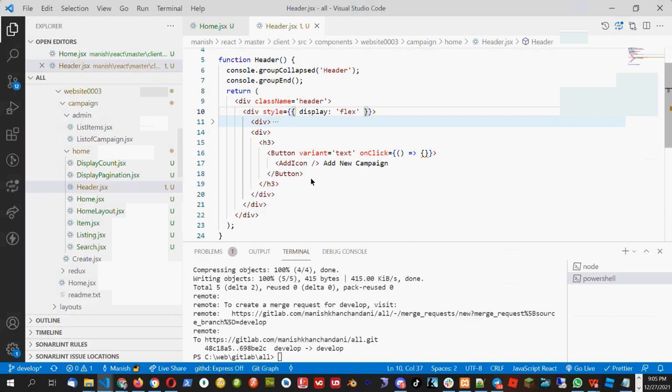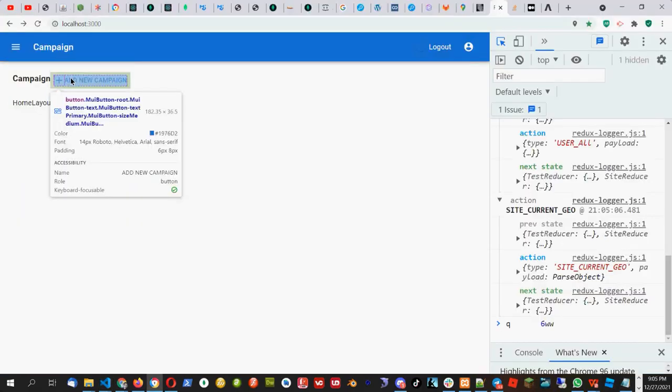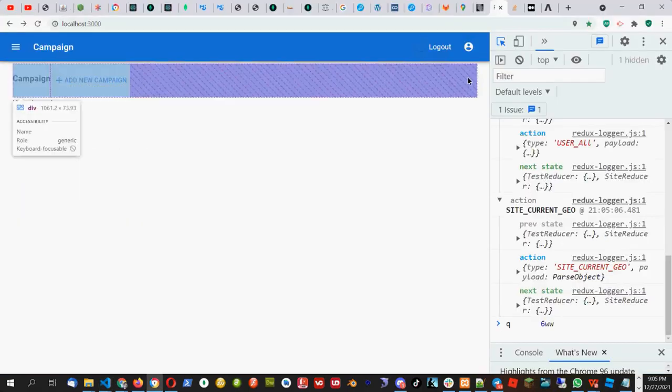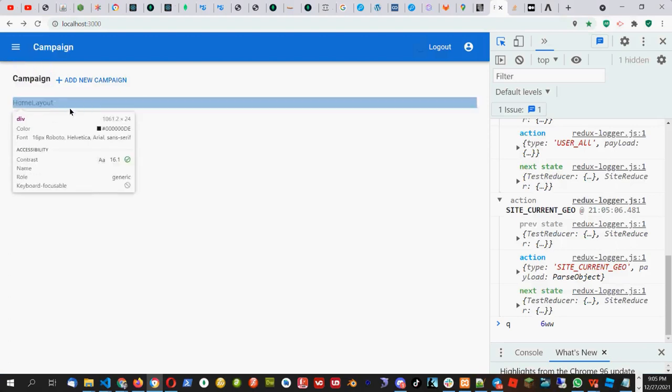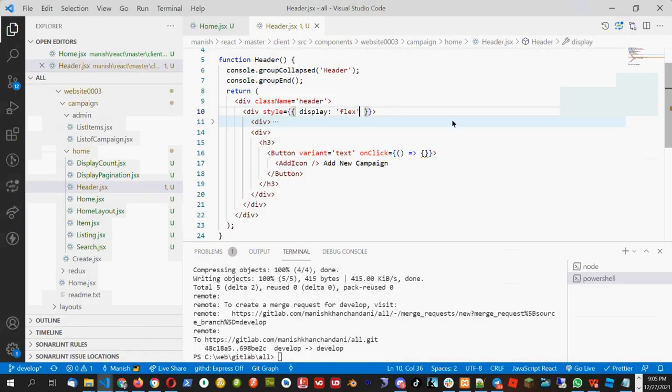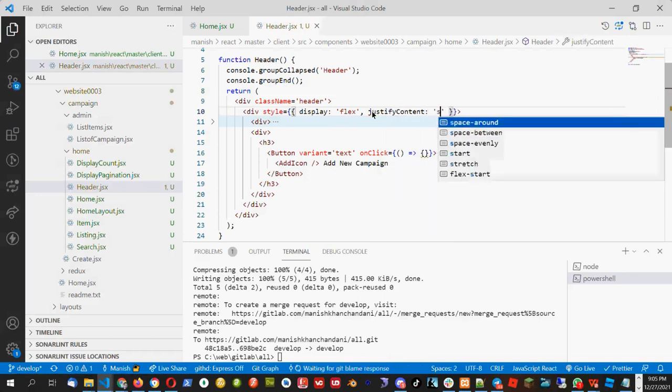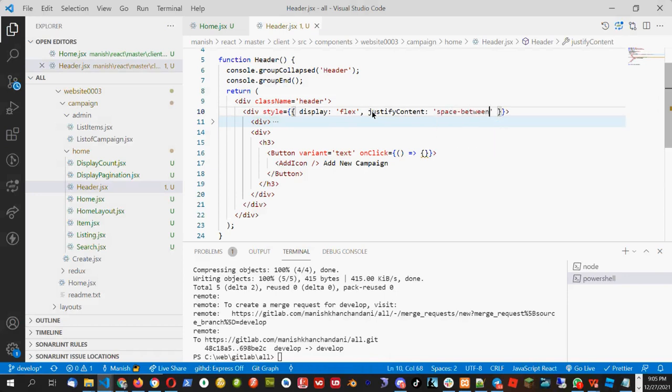Okay, now what I will do, I have to space out so that this add new campaign should come on the right side and campaign should be on the left side. So there is one special property of display flex. Once you say display flex, I can use one more property, and that is called justify content. And in justify content, if I say space between, then the two elements which we have, they have space between